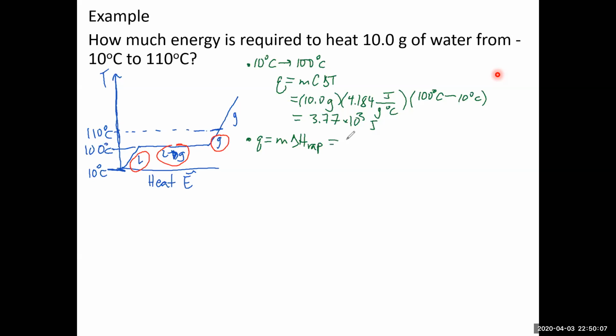The mass, again, is 10.0 grams. The heat of vaporization is 40.7 kilojoules per mole. Which gives us